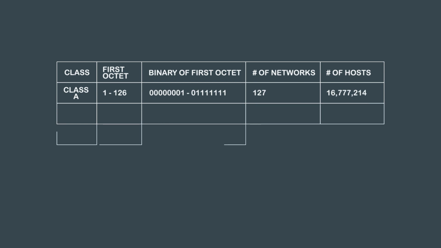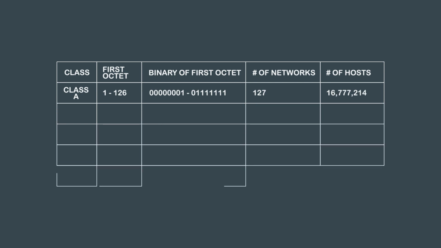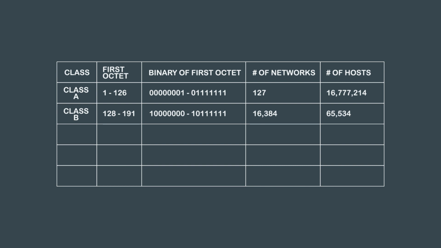A Class A network can have an IP address range of 1.0.0.0 to 126.255.255.255. Class A networks have a total of 127 networks, which allows for 16,777,214 total hosts. A Class B network has a range of